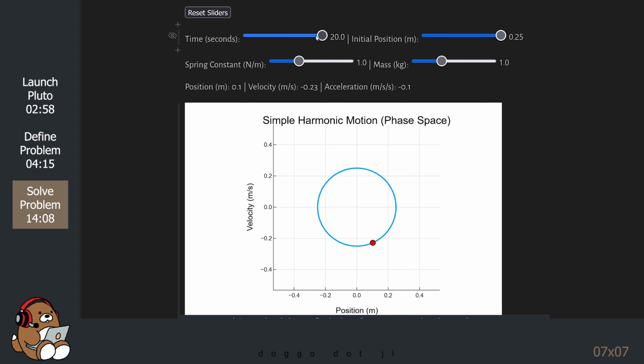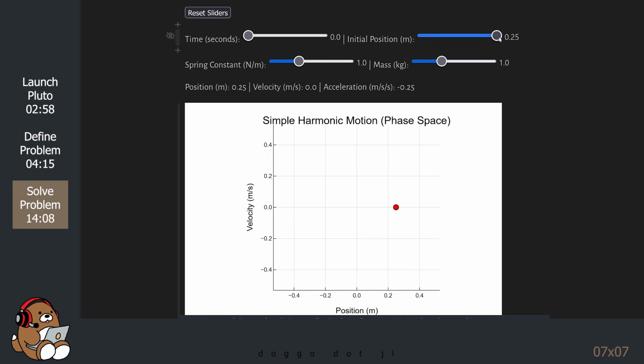Let's move the time slider to 0 to see what happens. Notice that everything disappeared, with the exception of the red dot. This red dot shows the position and velocity at time 0.